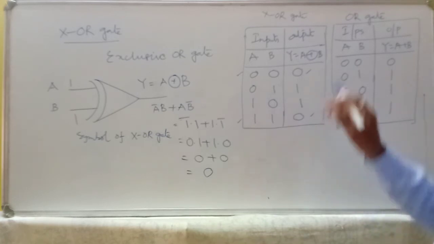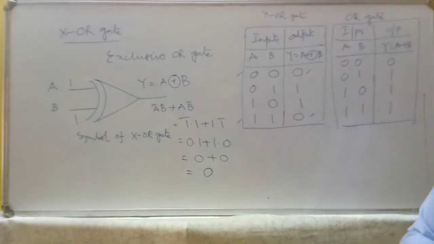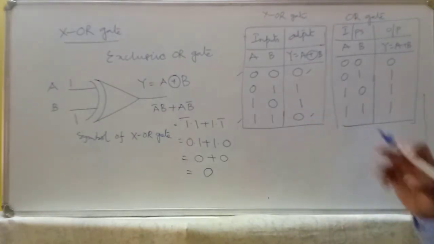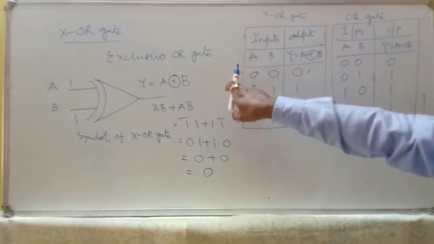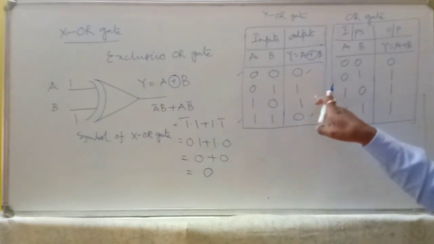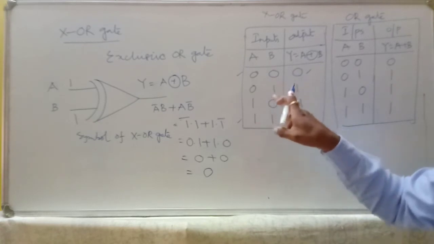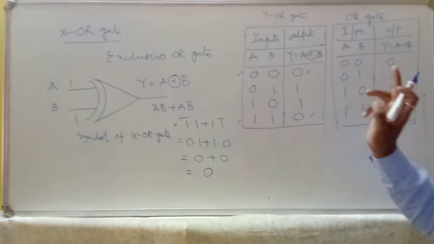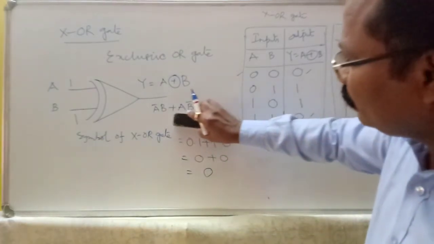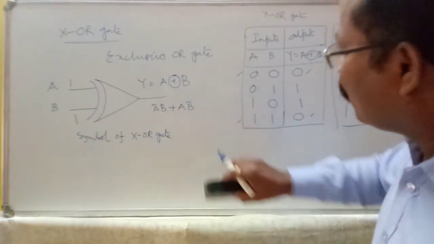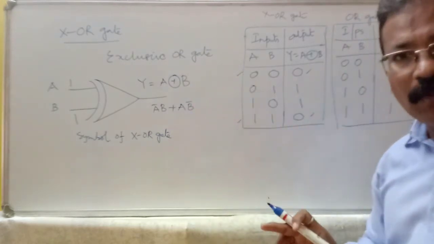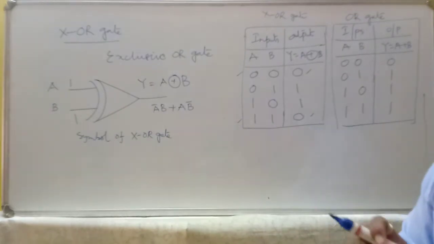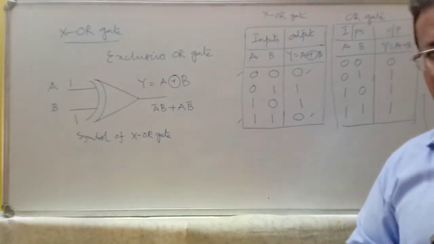That is the difference between the OR gate and XOR gate. The OR gate and XOR gate are both the same except for the last condition. Here in this XOR gate, if all the inputs are equal, then the output becomes 0. If the given inputs are unequal, the output becomes 1. That is the symbol and truth table of the XOR gate. The XOR and XNOR gates are special purpose gates, special gates.